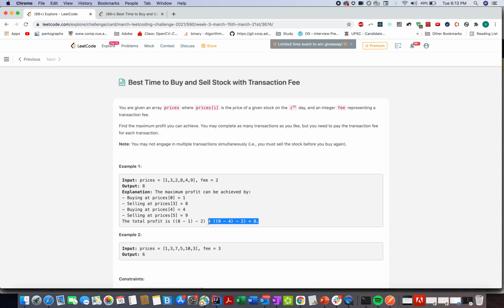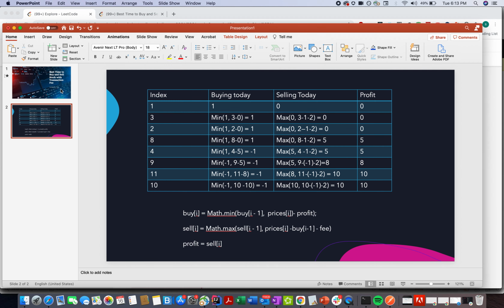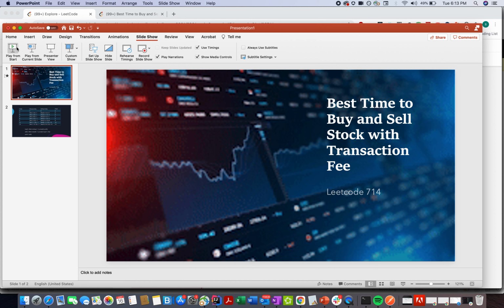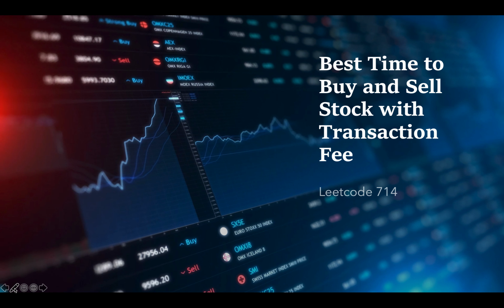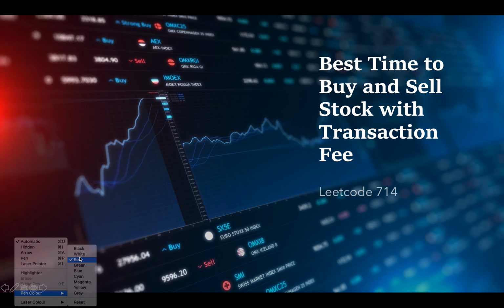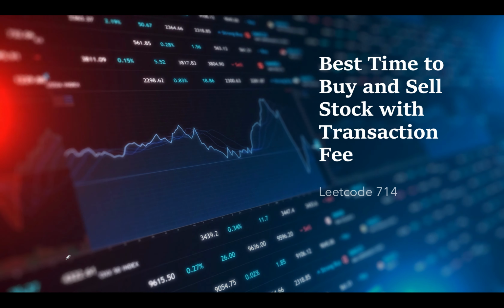So let me just move on to the algorithm that I have created for this. It's a dynamic programming question, not that difficult. It's slightly tricky rather than being difficult. So you have to think a little and get to the approach rather than writing a long code. The code is very simple. You just need to understand the concept. So let me just take a pen here and let's get started.